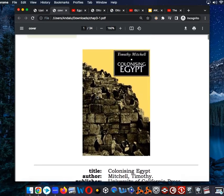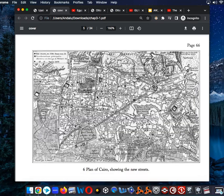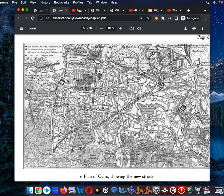We're looking at this question about how Cairo in the 1800s transformed to look more like an international city similar to London and Paris. And this is a map of Cairo, and you'll see that one of the things they did in the 1800s was they began to build these large highways, which was useful for transporting large amounts of industrial goods and machinery for the new Egyptian economy of the 1800s, oriented around new industries, such as the